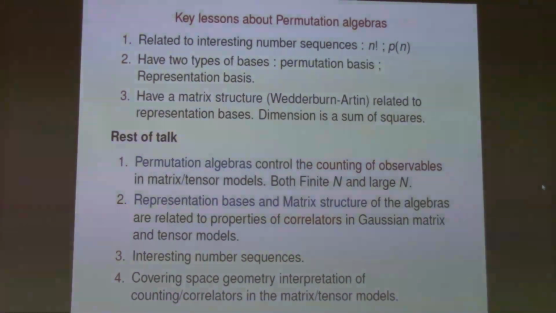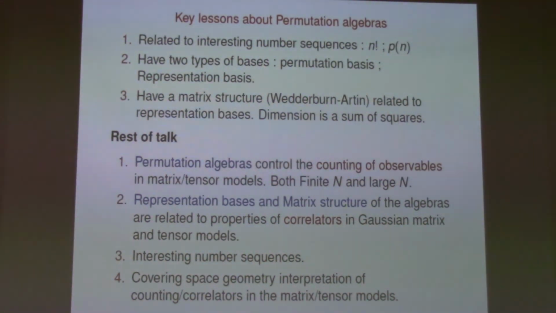So, key things that we have just said about permutation algebras in these particular two examples is that they are related to interesting number sequences like n factorial and P of n. These algebras have two types of bases. One is from the permutations themselves, and one from a representation basis coming from irreducible representations. And then there is a structure theorem which says that these algebras can be decomposed into matrix algebras, and that implies that their dimension is always a sum of squares,